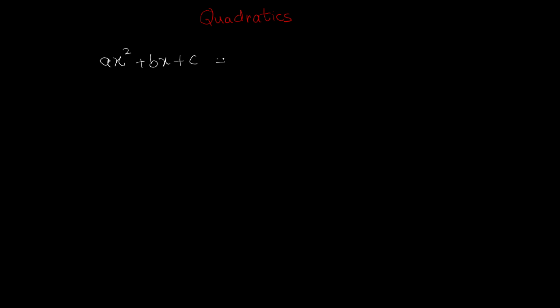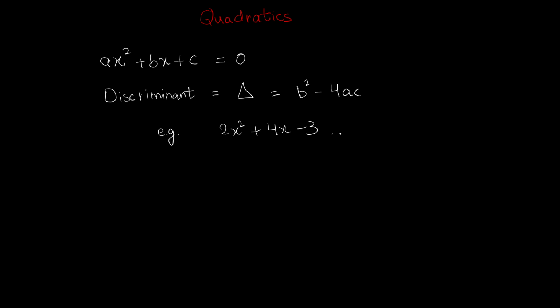Now, if we equate it with something that says it's 0, then it would be a quadratic equation. Now, the most important thing is the discriminant. Discriminant is sometimes also represented by a triangle, like delta, and it just equals b squared minus 4 times AC. For example, for this quadratic equation, the discriminant delta equals to,